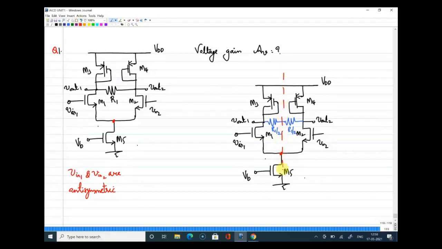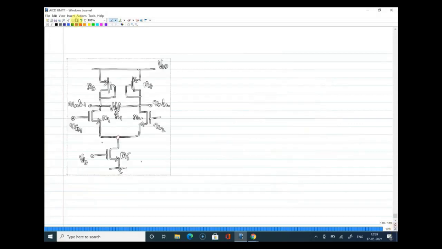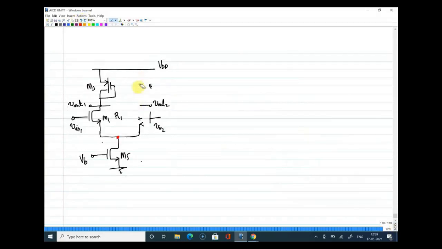this is the line of symmetry, and for the reasons we stated the other day, since the circuit is symmetric and the excitation is anti-symmetric, the points at the line of symmetry, especially this point as well as this point, these 2 points will be treated as 0 for small signals because the input small signal is anti-symmetric. And if these 2 points are shorted to ground, we can definitely draw the equivalent circuit, or the half circuit, of this circuit diagram in the following way, because this point is grounded.